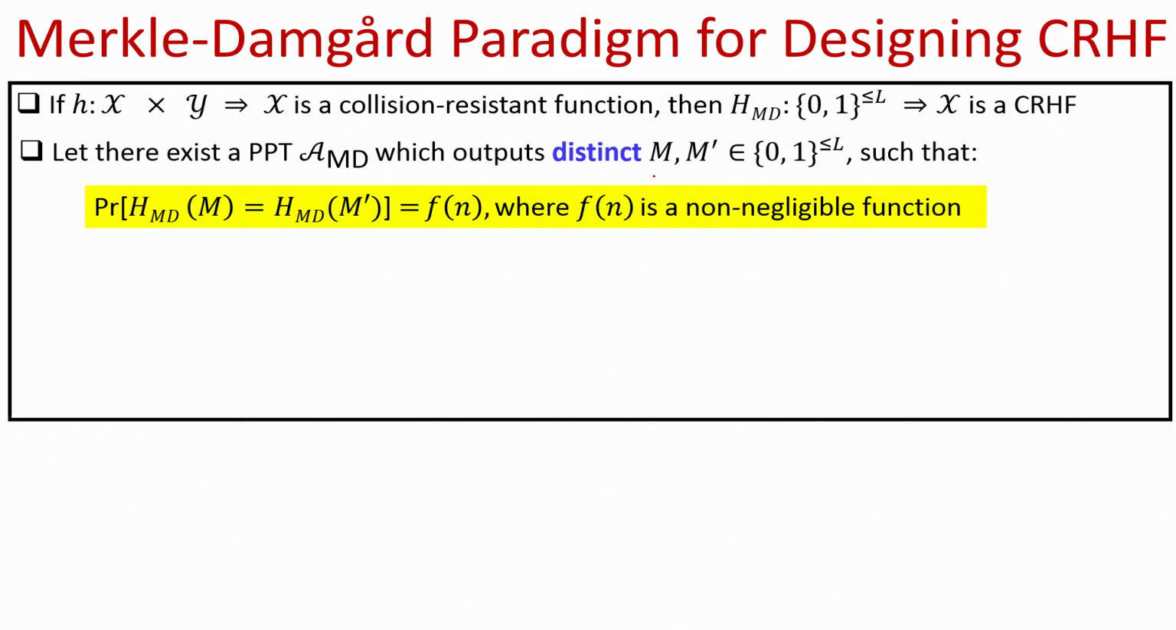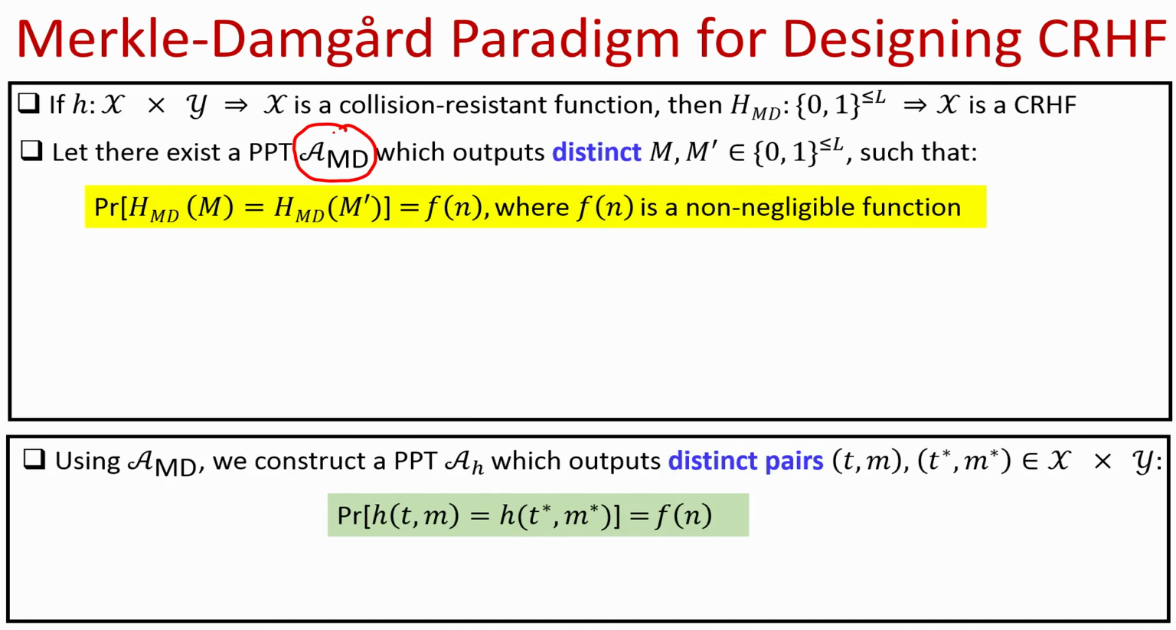That means the algorithm A sub MD outputs the pair m, m dash, where m and m dash are distinct, but still the hash value of m and m dash with respect to the big H function is the same, and the probability of collision here is say f of n, where f of n is a non-negligible function. So, what we are going to prove is that if we have such an adversary A sub MD, then using this adversary A sub MD, we can construct, or we show how to construct another polytime